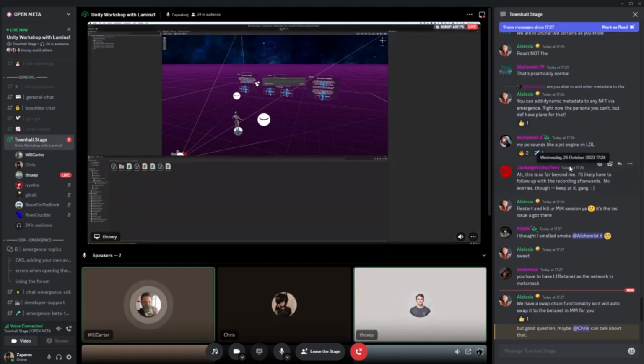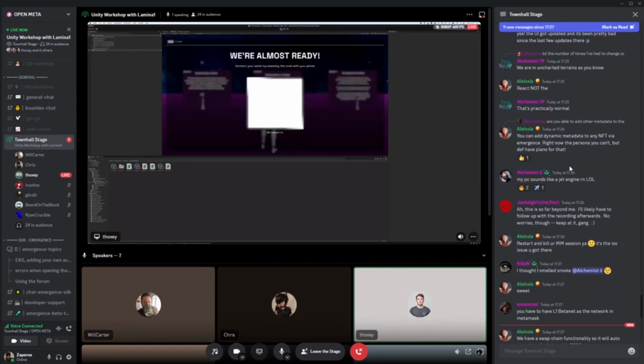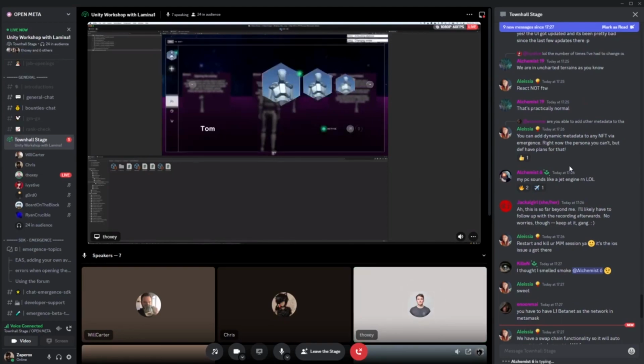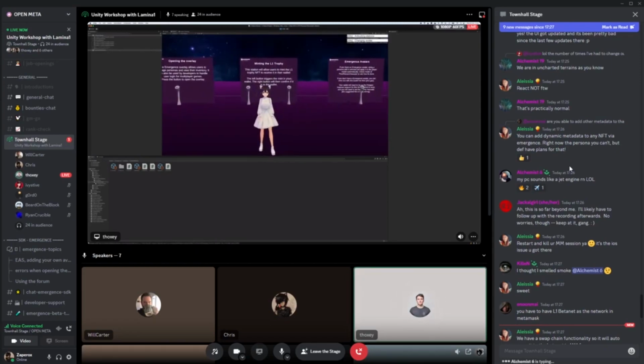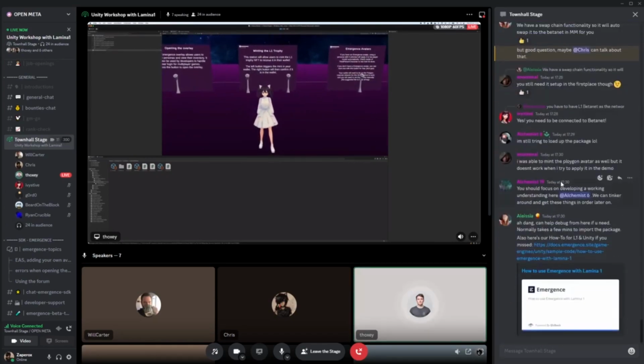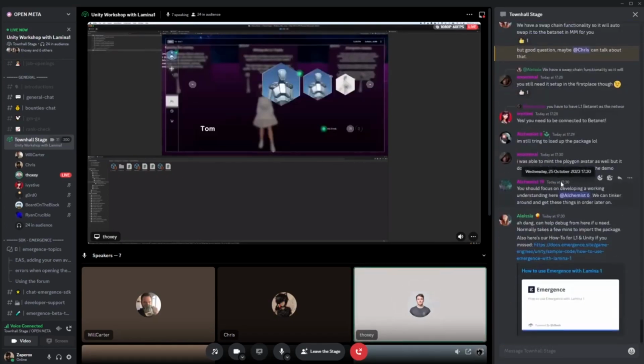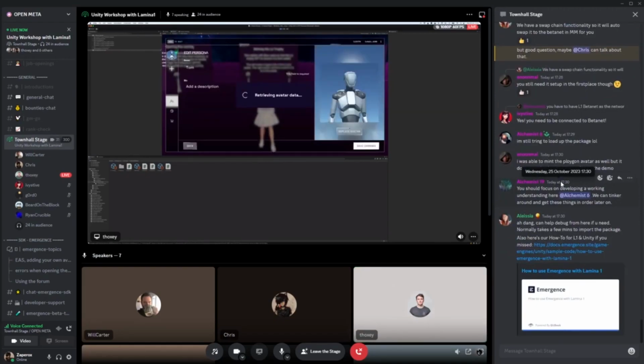Okay, cool, thanks. So I think what I'm going to do here is sign into one of my other wallets that has avatars already set up. We can just talk a bit about avatars. You can see here, this is the Emergence example avatar. It's a VRM model loaded in, and when I look at my persona that I've got set up here,